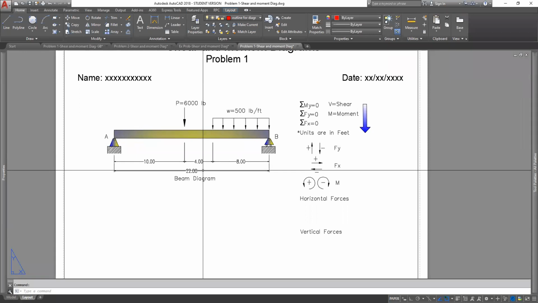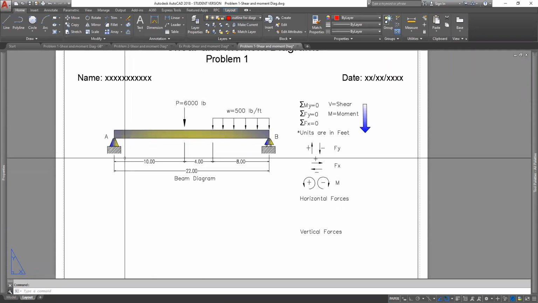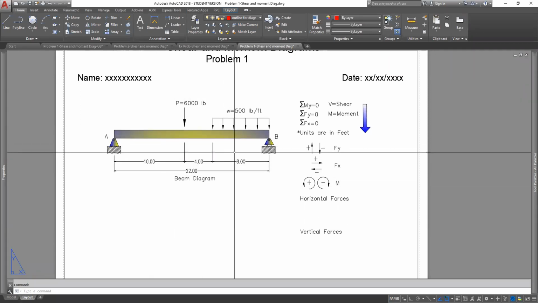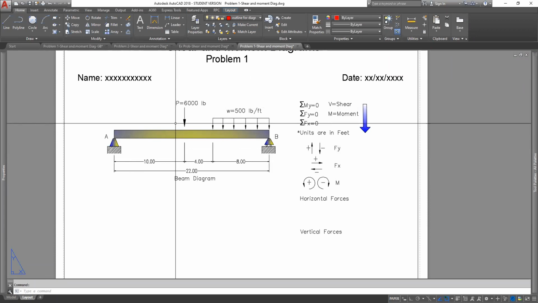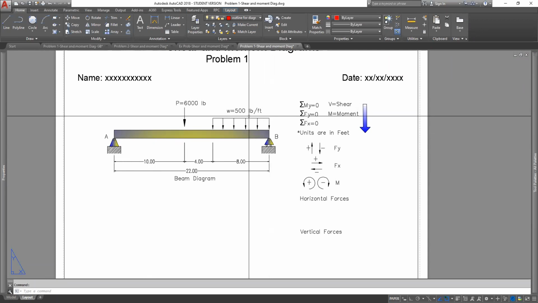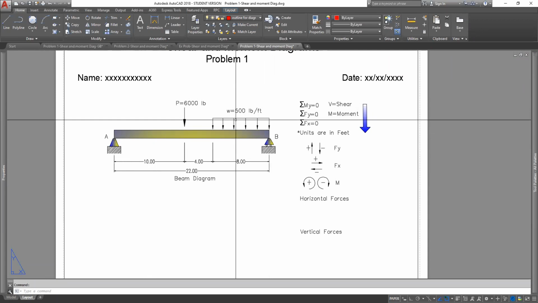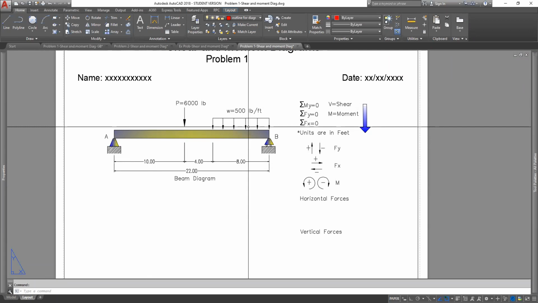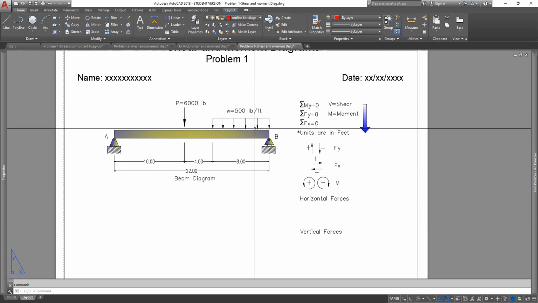Just to go quickly over what we're doing in problem number one: we've got a 22-foot beam with two supports, one on each end, one concentrated load of 6,000 pounds 10 feet from the left support, and a distributed load of 500 pounds per foot for a length of 8 feet at the end of the beam. I was discussing how